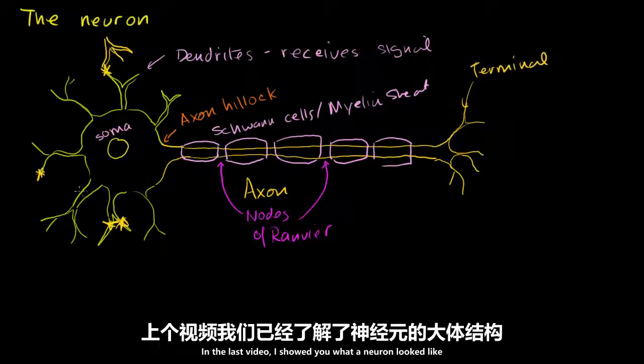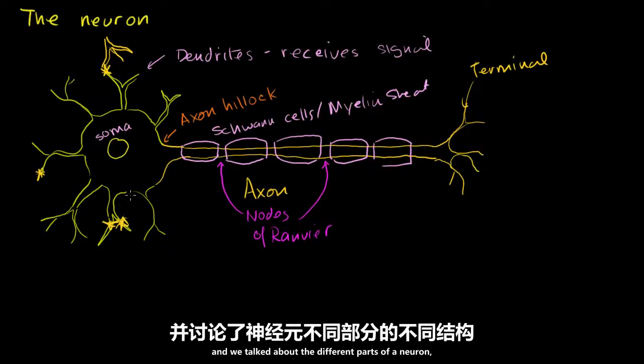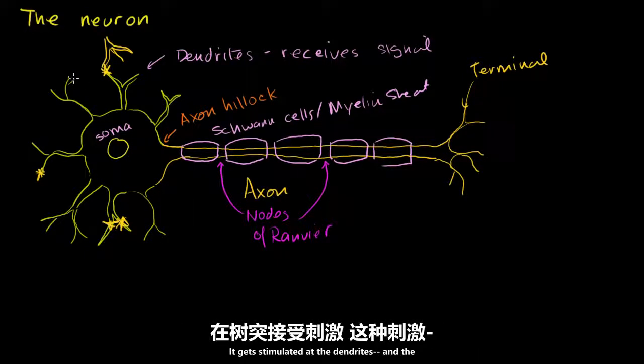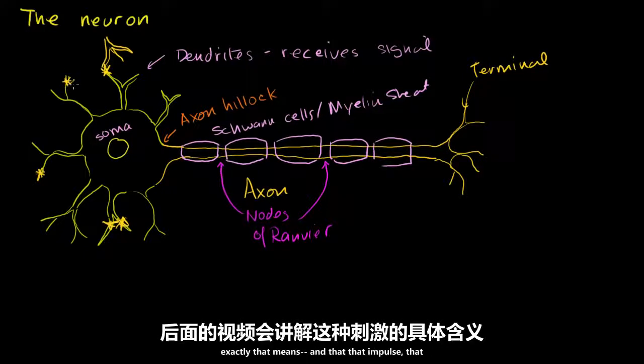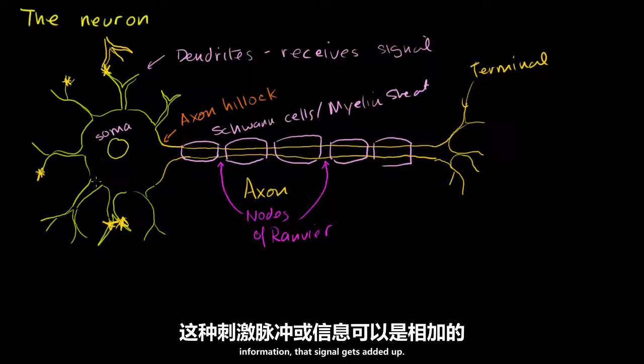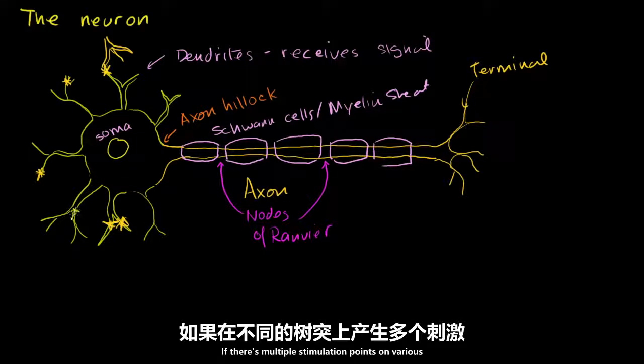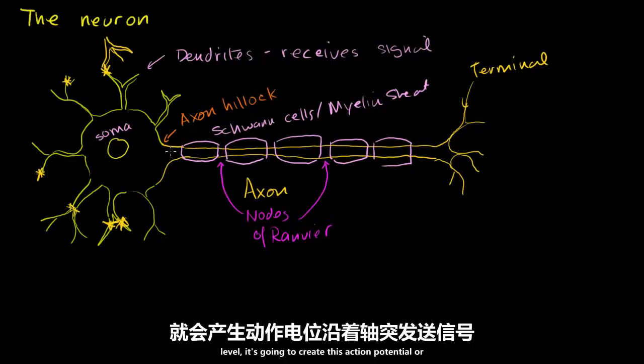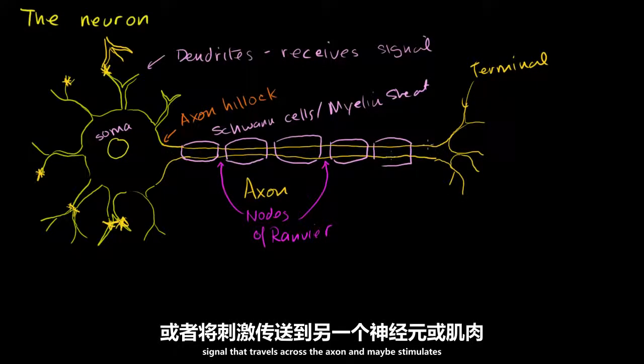In the last video, I showed you what a neuron looked like, and we talked about the different parts of a neuron. And I gave you the general idea of what a neuron does. It gets stimulated at the dendrites, and the stimulation we'll talk about in future videos on what exactly that means. And that impulse, that information, that signal gets added up if there's multiple stimulation points on various dendrites. It gets added up, and if it meets some threshold level, it's going to create this action potential or signal that travels across the axon,